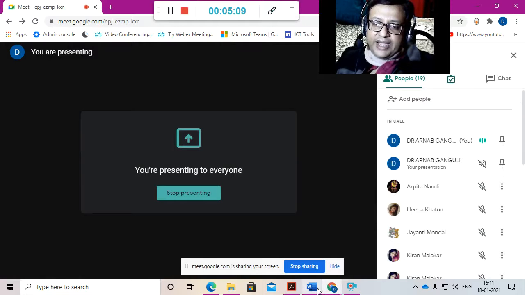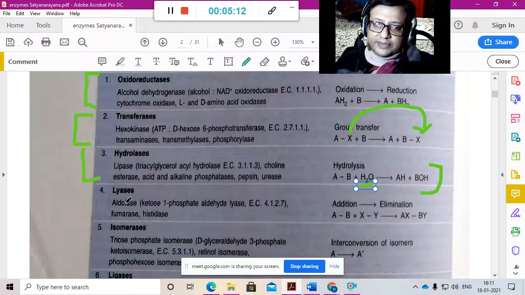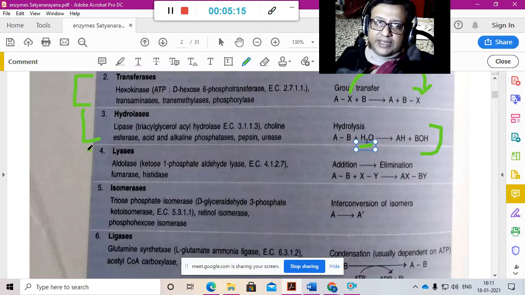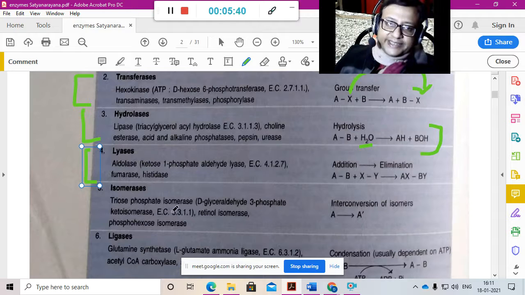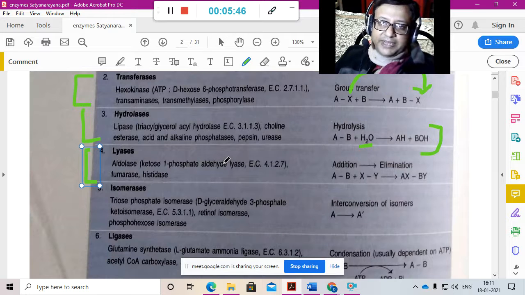Then you have enzymes known as lyases. Example, aldolase. AB plus XY is equal to AX plus BY. So A and B is broken and this group is attached and this group is attached. Fructose 1-phosphate aldehyde lyase. So you have aldolase, fumarase, histidase. These enzymes are the lyases. Aldolase, of course, you know, GAPDH and DHAP. It breaks fructose 1,6-bisphosphate. Okay, then you have the enzymes